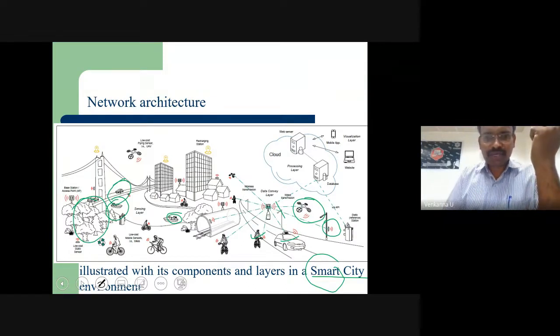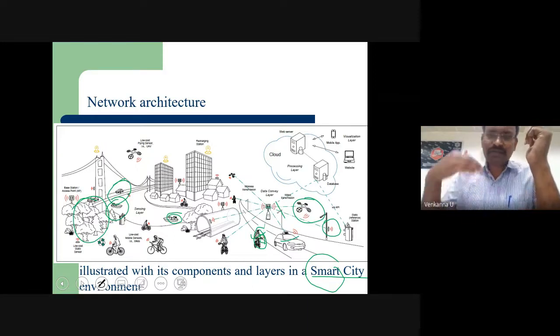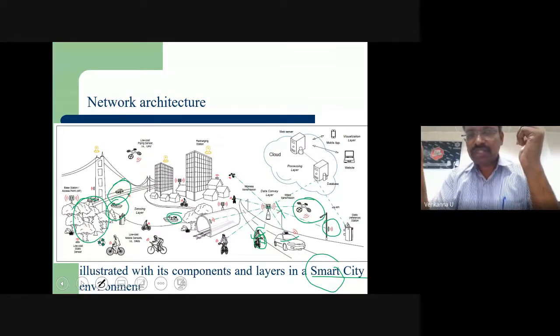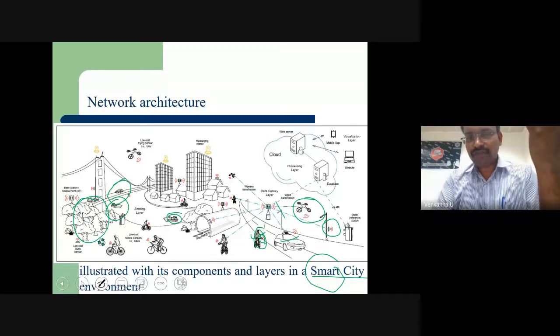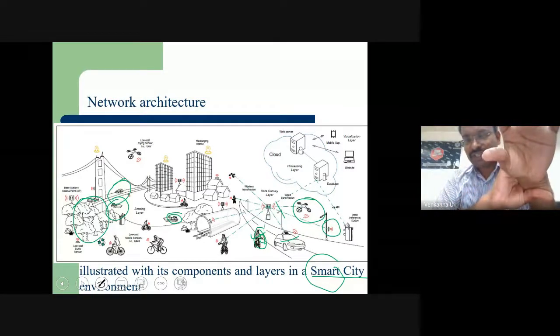But the very important thing is that this person is cycling. Now I have developed a device and attached it to him. After some days, he himself wants to know how fast he has traveled, how many kilocalories he has consumed, and what places he has traveled. He would like to know all this information, so I have attached a device to him.